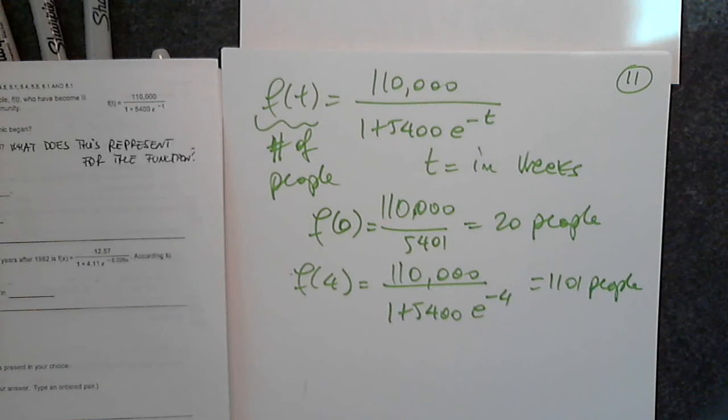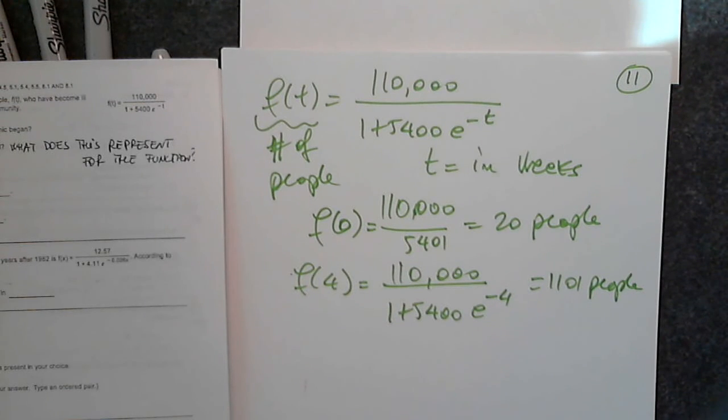110,000 divided by, in parentheses, 1 plus 5,400 e, in parentheses, negative x, close the parenthesis and close the parenthesis for the denominator. And now let's go to second and table. Oh, I always have to change on this one, sorry. Go to second and table, and we want to plug in 0 that we had before. We want to plug in 4, yes,